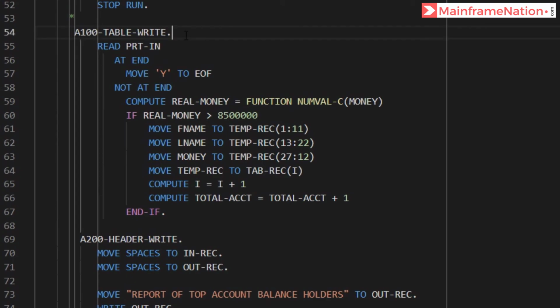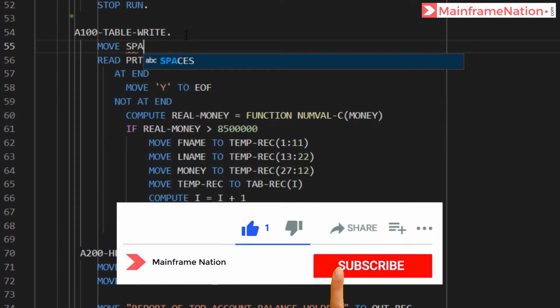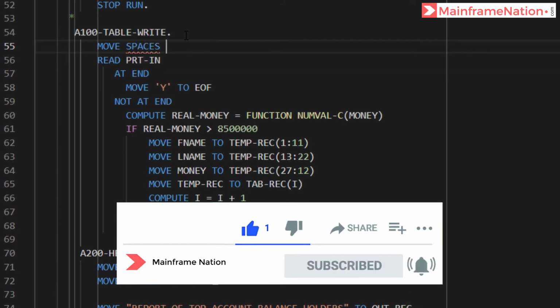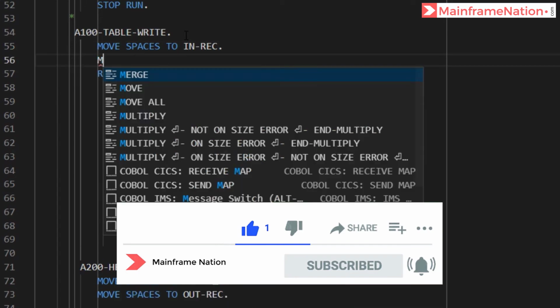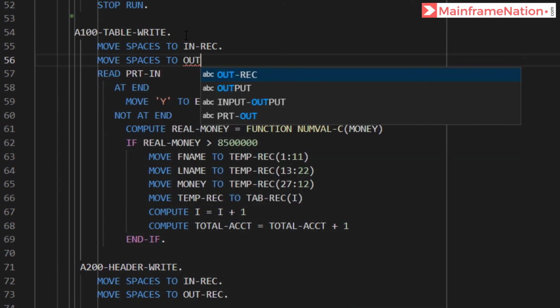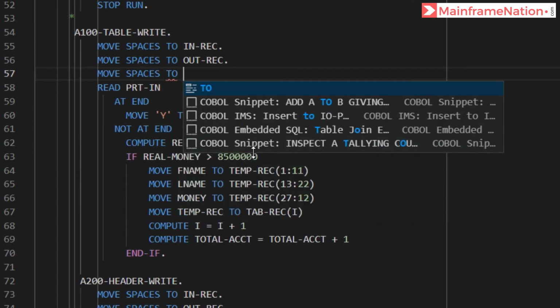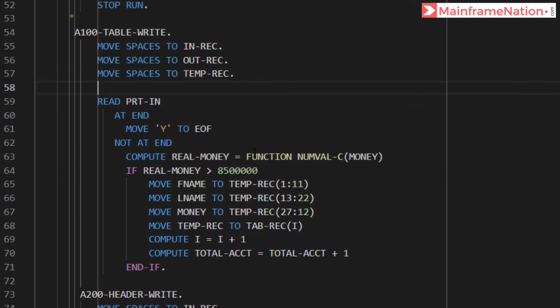Also, before reading the file, let us initialize the records as well. Let's give move spaces to in record and move spaces to out record. Also, we can give spaces to temporary record as well. Then give Ctrl S to save.